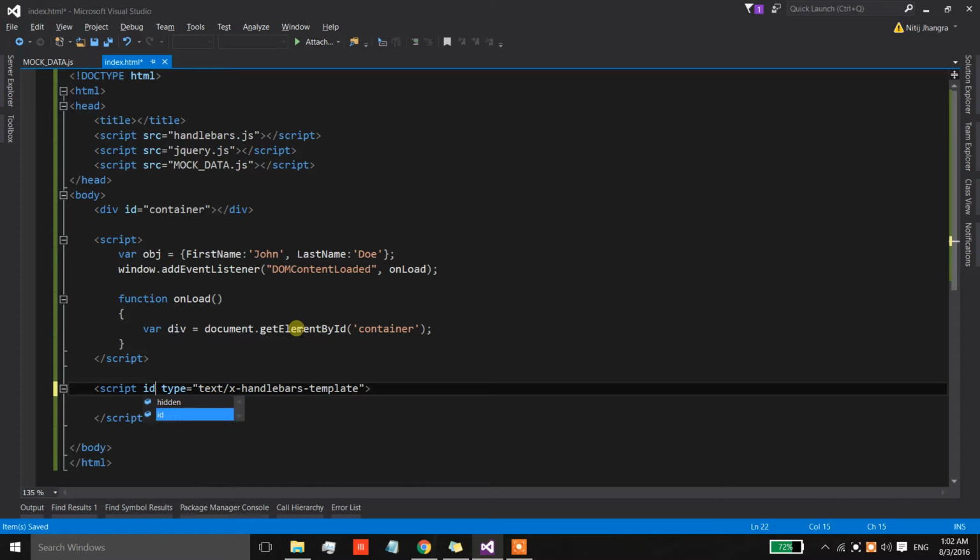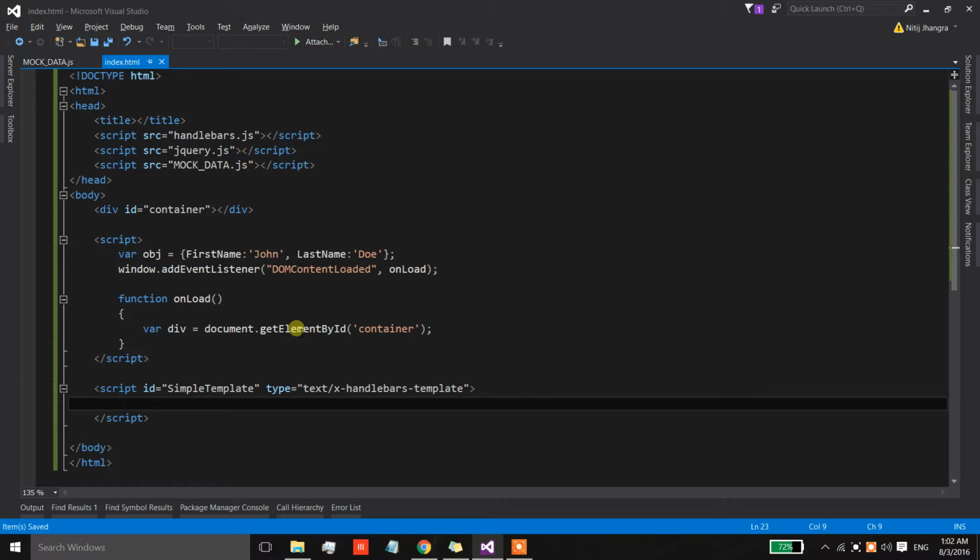And apart from the type, we can also give it an ID so that we can get the reference of this tag, and then we can get the contents. So the ID is simple template. Now what I'm going to do is write a template for this obj which has first name and last name, and I'm going to write a message that the first name is first name and the last name